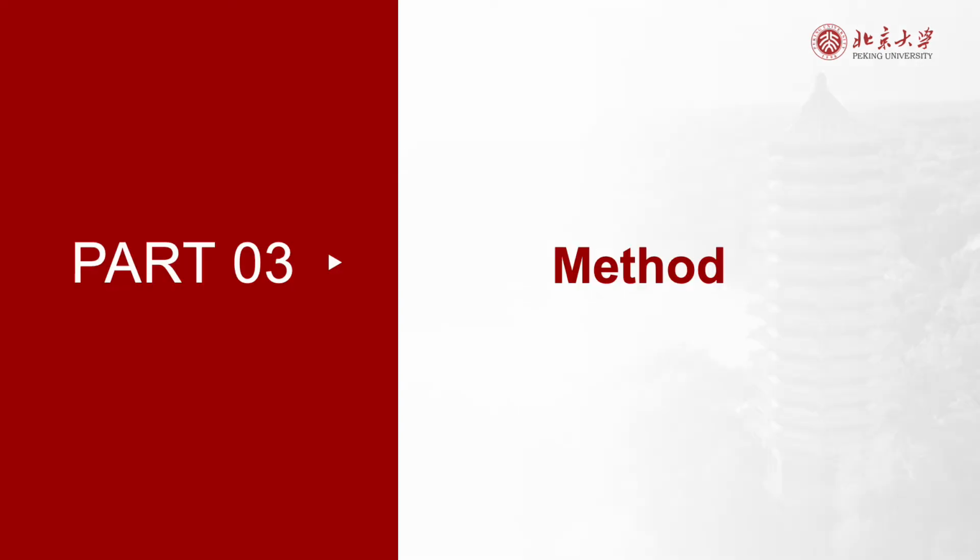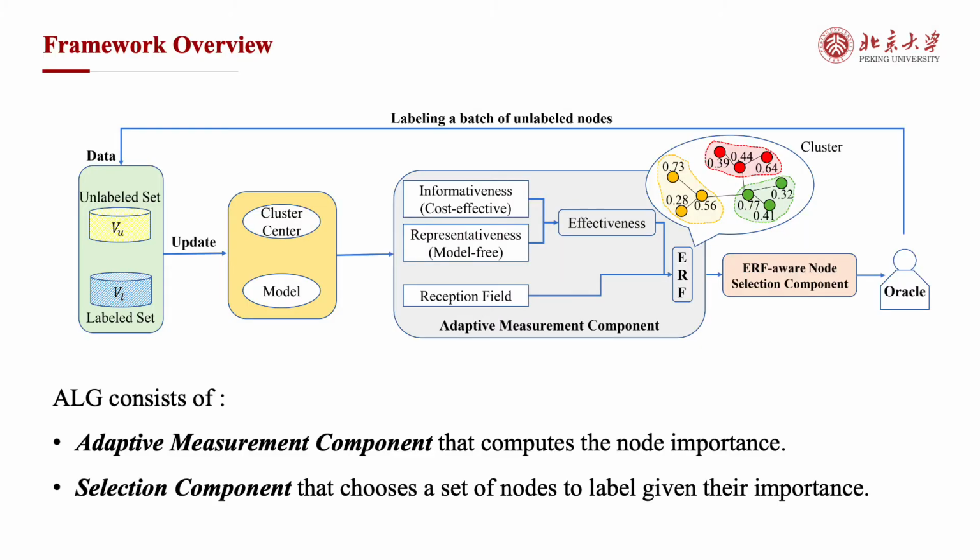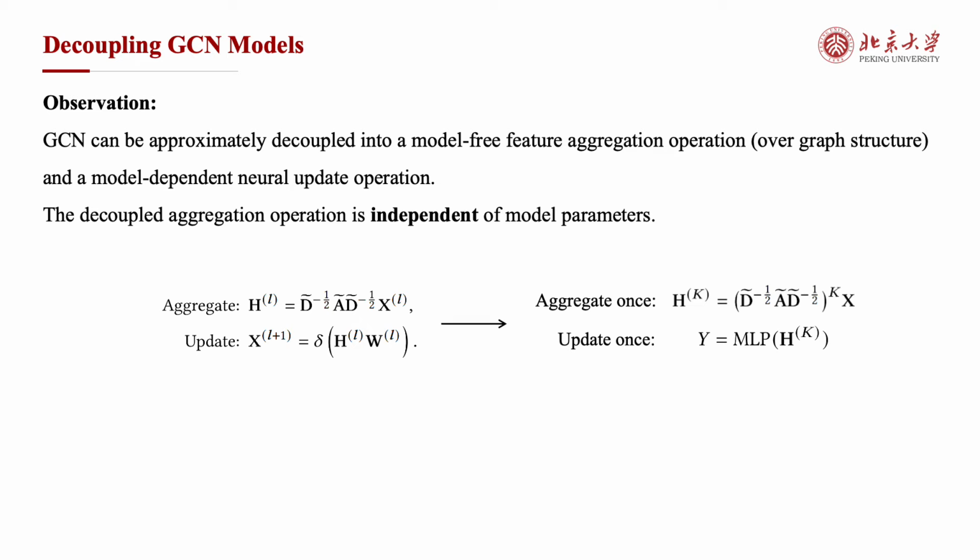In the next part, we will describe the proposed method in detail. First, we provide the overview of our proposed active learning method, ALG. Based on the design of the pool-based active learning method, there are two key parts in the framework: the adaptive measurement component that computes the importance of each node, and the selection component that chooses a set of nodes to label given their importance. Before talking about how we measure the importance of each node, we describe an observation on